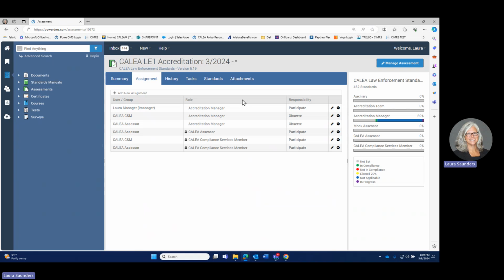Maybe they're going to take a look at your grievance policies or internal affairs, use of force, quality control checks, things like that. They're going to want to take a look at those files and the documentation that you have in there in preparation so they're prepared and have a little bit of knowledge prior to them coming on